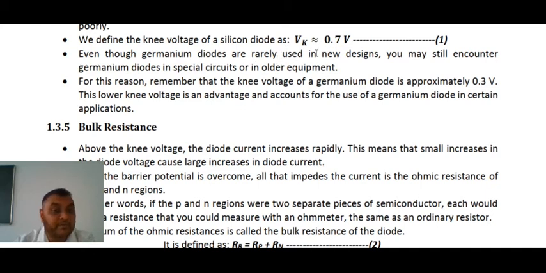So basically, why don't we consider germanium here? Because mostly as a diode we use silicon material. Silicon diodes are used as PN junction diodes. Now even though germanium diodes are rarely used in new designs, you may still encounter germanium diodes in special circuits or in older equipment, where they used to be used. Okay, now for this reason remember the knee voltage of the germanium diode is approximately 0.3 volt,